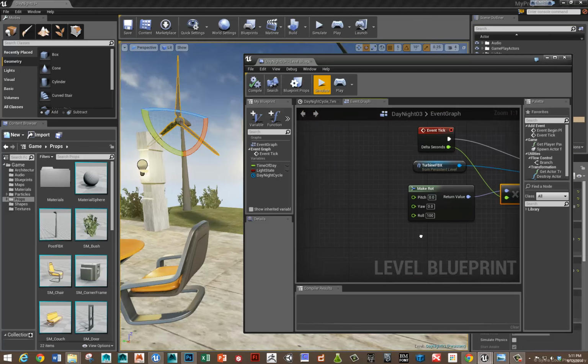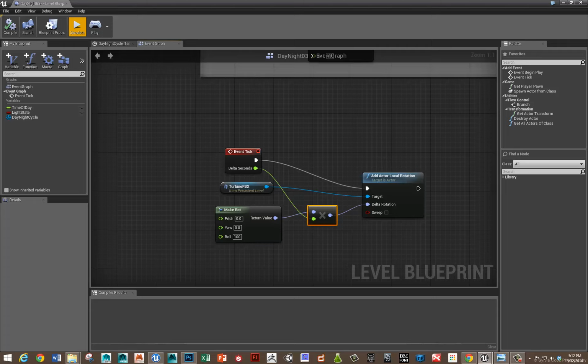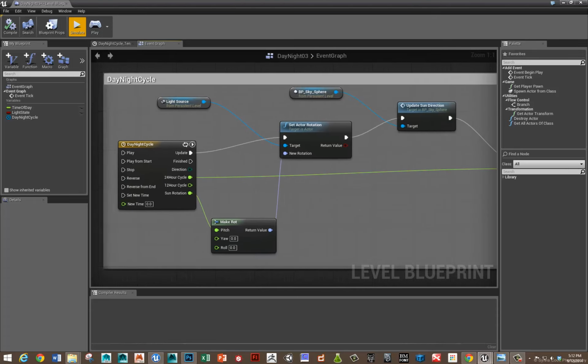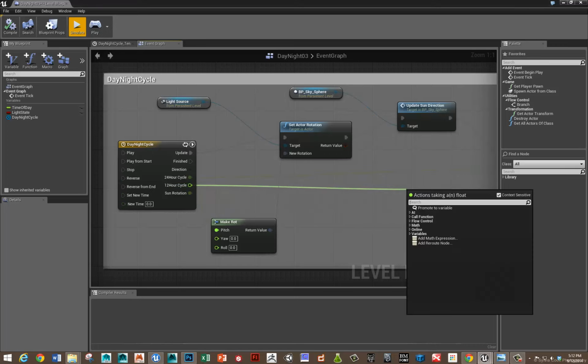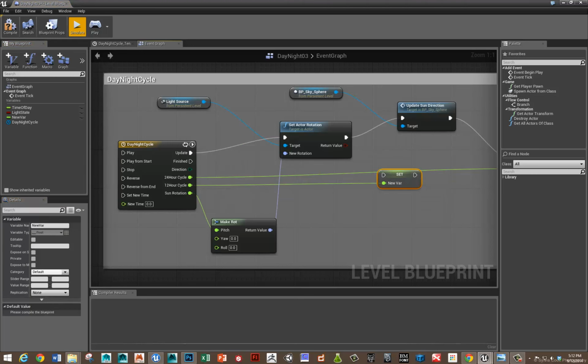So now what do we need to do? We need to plug something into our roll value based on our time of day. So let's go up here and look at what we've got. Oh, we've got this 12-hour cycle that we created earlier. So let's drag out a noodle from that and promote it to a variable. We'll call that variable